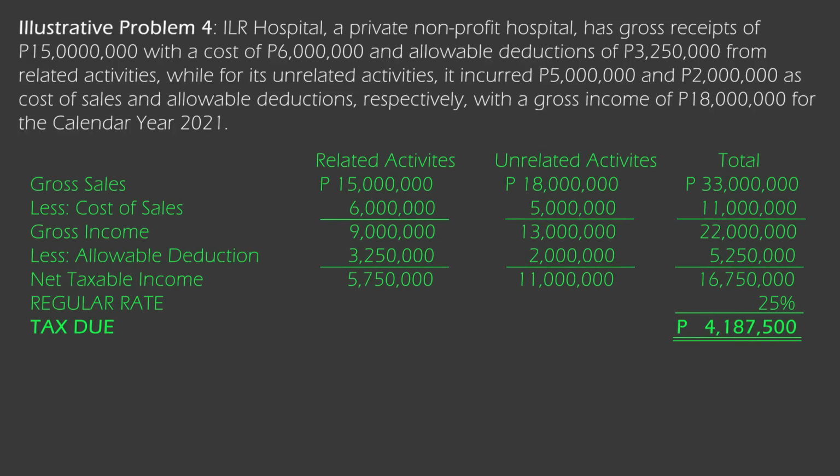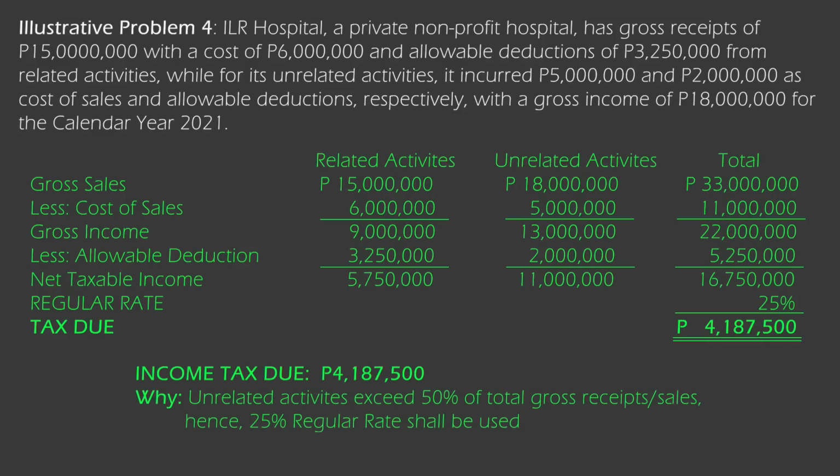Similar to our previous problem, we need to classify the related and unrelated activities. In this illustration, the unrelated activities are more than 50% of the total revenue, so the nonprofit hospital shall be subject to 25% regular rate. The tax due shall be